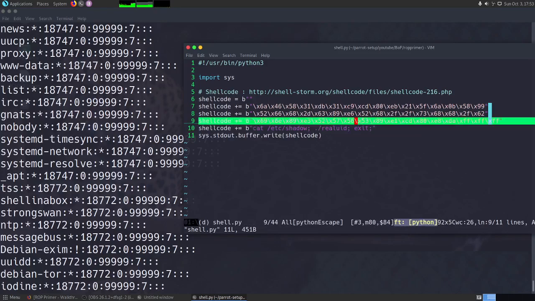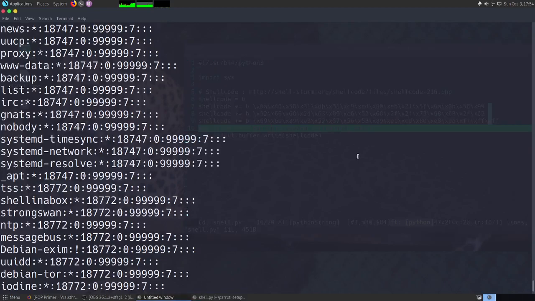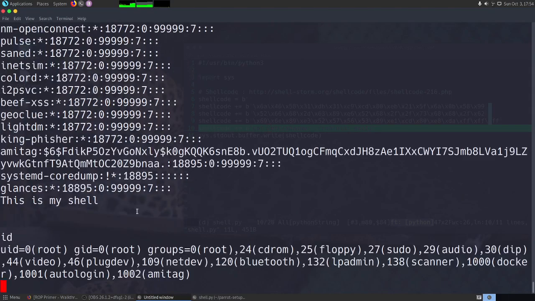If we are able to see this output for cat /etc/shadow, that means we were able to get the uid of 0, which is the root user, because that is the only user which can read this. If I do an id here, I can see that I am root, and I can do whatever else I want to do from here on.